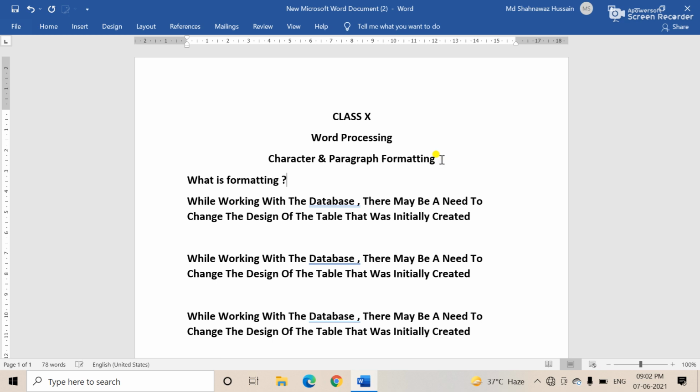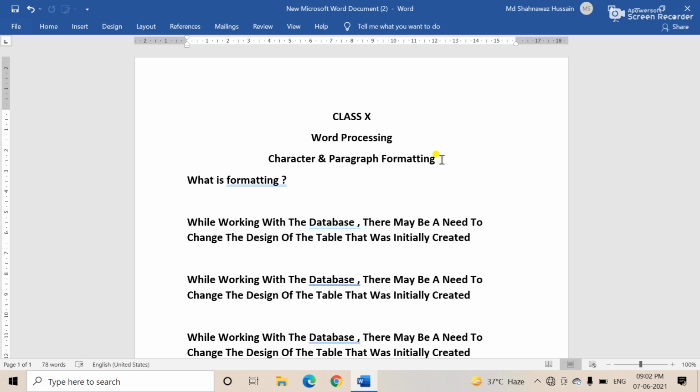Okay, suppose this is the question. Formatting means to change or modify your text or paragraph. Okay, this is the definition of formatting.